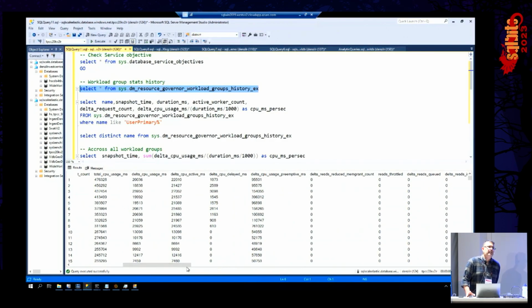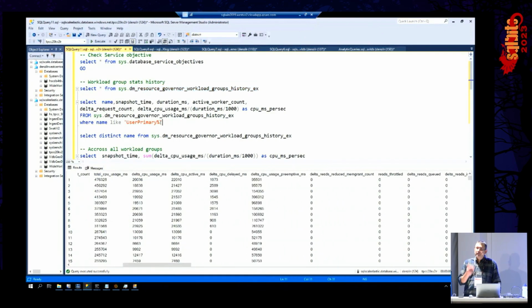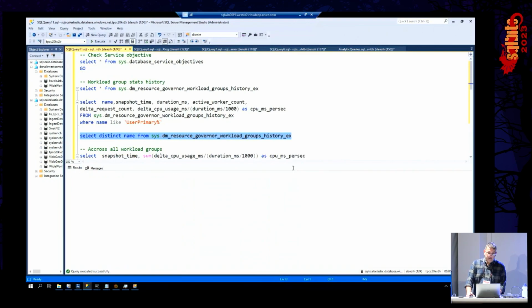And it captures like the last 40 minutes of data. And you see not only the user workload group, you also see the internal workload groups. Here I'm filtering on user primary group, and I'm looking at delta CPU millisecond usage, right? So the interval is 20 seconds. Duration MS is the interval. And you can see we are using, at any interval, 16 to 17 seconds of CPU per interval, which is